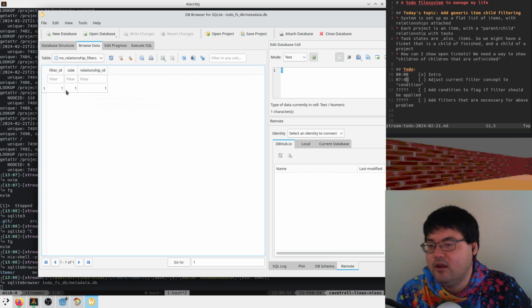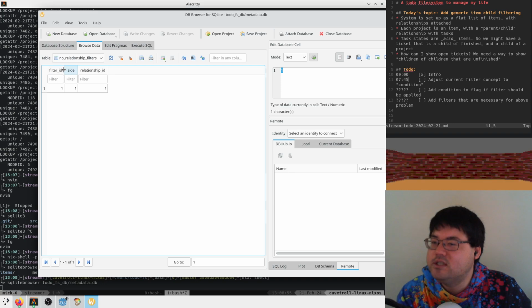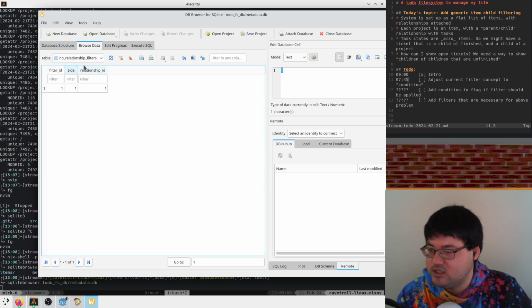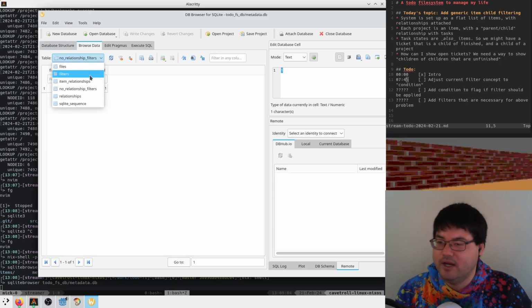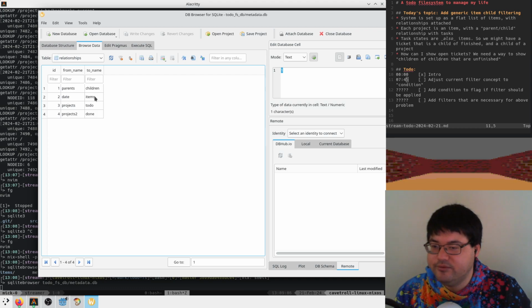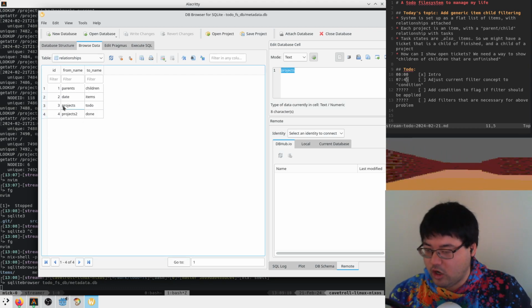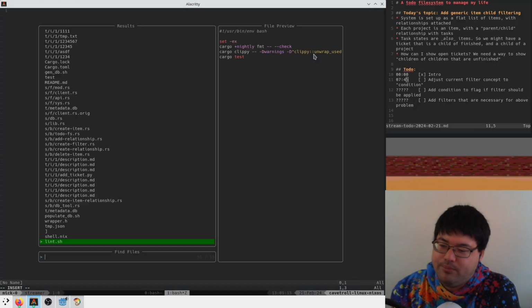So we say, okay, we have filter ID 1 project, and we have these no relationship filters. This says, show me tickets that do not have a relationship where I am the destination of relationship ID 1, where relationship ID is the concept of parent-child. This database has a little bit of garbage in here, but that's fine. So if we open up our database,